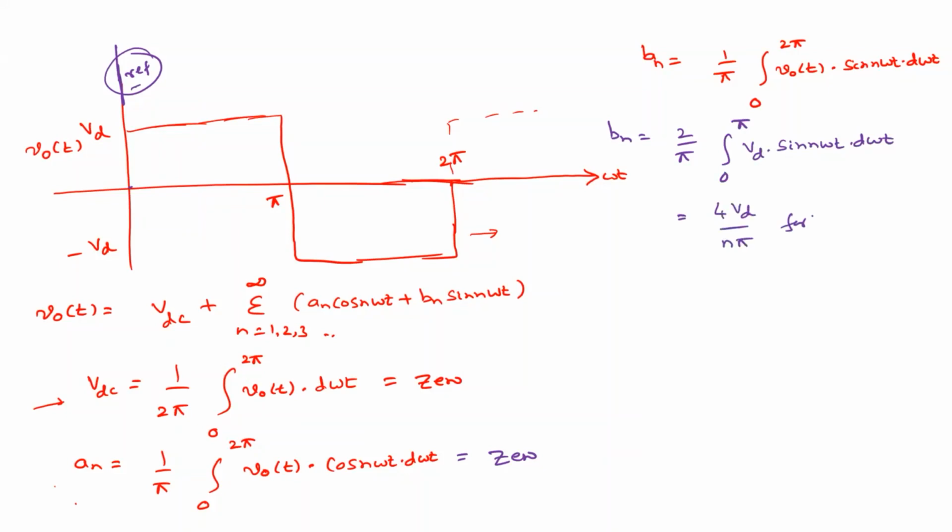So for n equal to 1, 3, 5, and so on. Otherwise its value is 0 for n equal to 2, 4, 6. You are aware of this, right? So this is derived, if you remember, for the single phase rectifier. When you are finding out the power factor for a single phase rectifier, this decomposition is used.